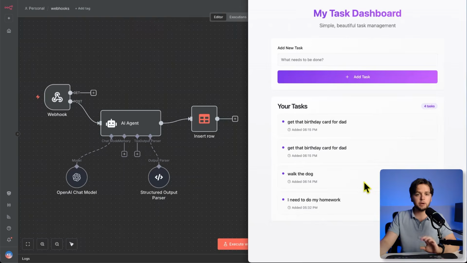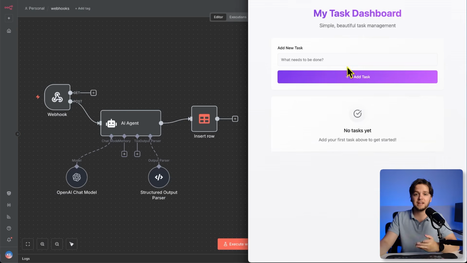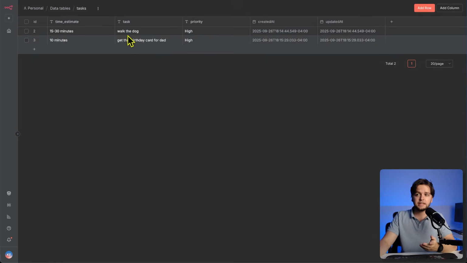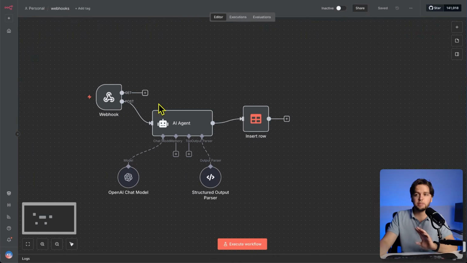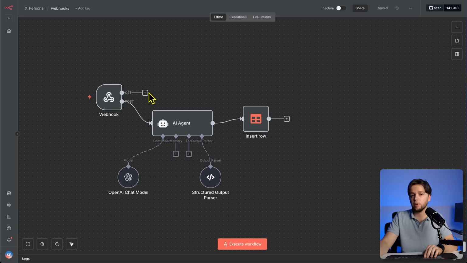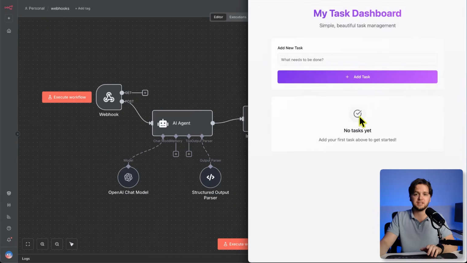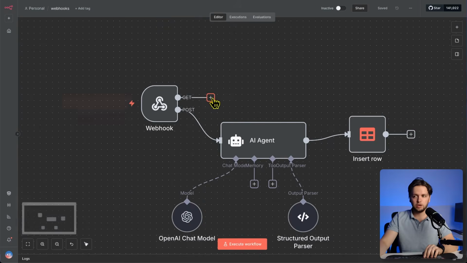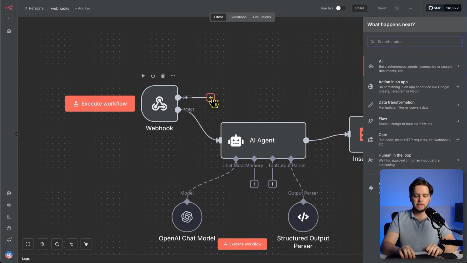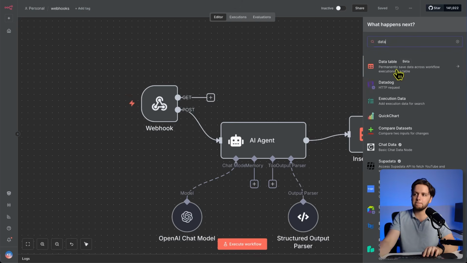We're done building the post request section of the workflow. Now here's a problem. If I refresh this page, our tasks disappear. They're still in our data table, but the app isn't loading them by default. Let's fix that by setting up the get branch of the webhook. That way, every time this page loads, it'll make a get request to n8n, which will return all of our saved tasks. So in the get branch of our webhook, let's add another node, and we'll search data table, and